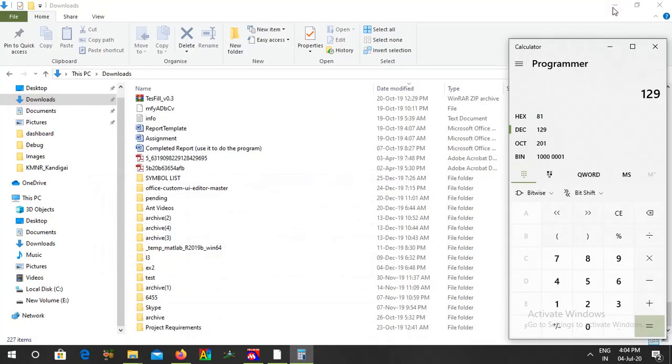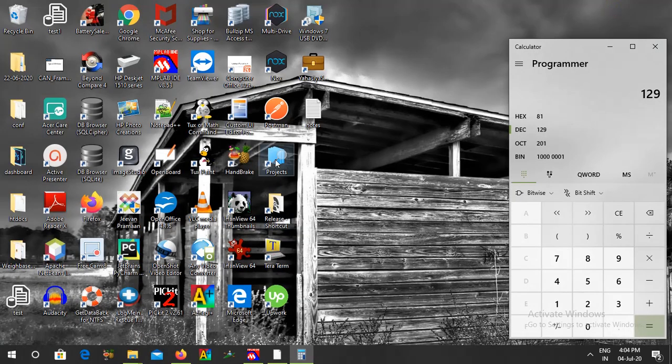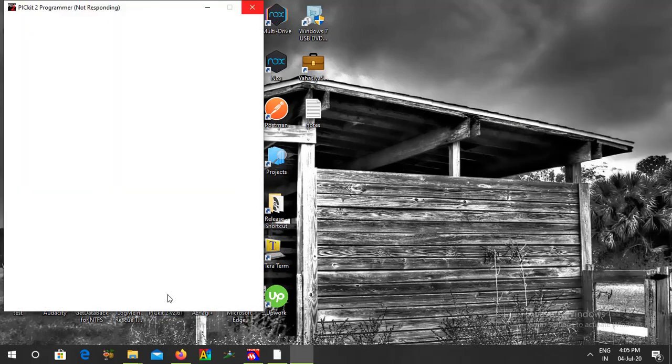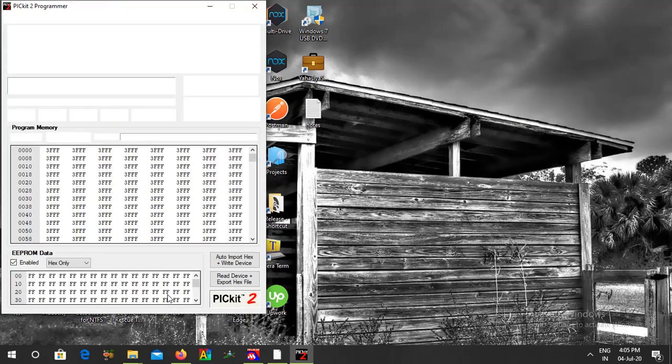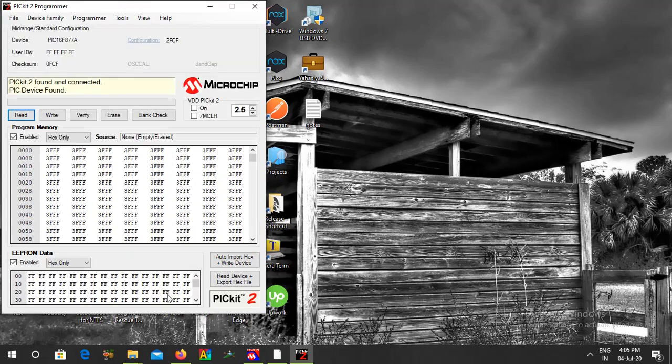So minimize all this stuff. This is my PICkit 2. Okay, so let us read it. It says found and connected, PIC device found. Let me read that. It is reading and updating its configuration values, everything.